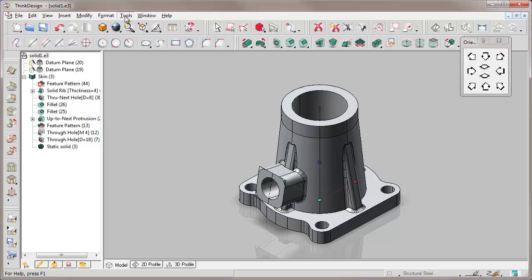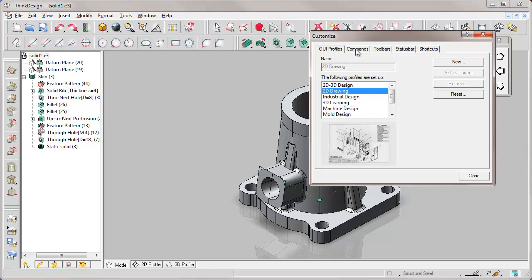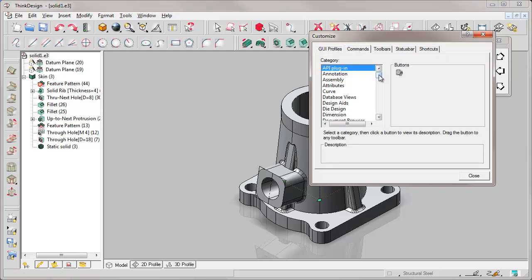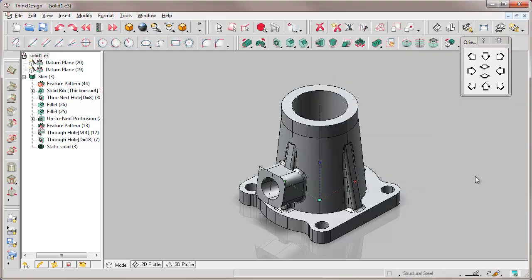In this part, we are going to see which kind of operations we can do in terms of history and building of the model. Now let's extract two commands and place them to our toolbar. It's two icons necessary to move forward and backward in the history of the construction of our model. We have an open solid, therefore a skin, and non-homogeneous solid. This is due to the fact that the pattern feature of the ribs led to the result of an open